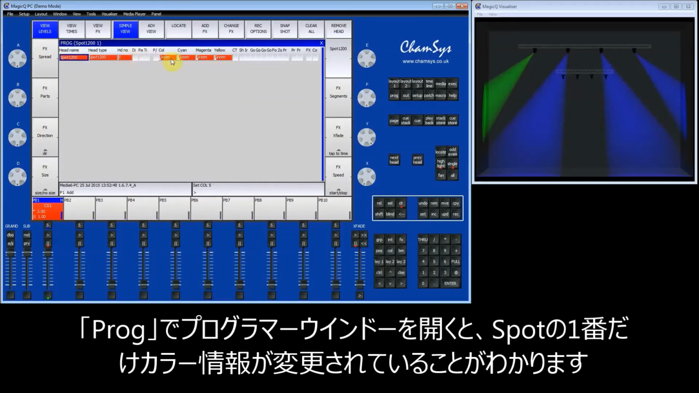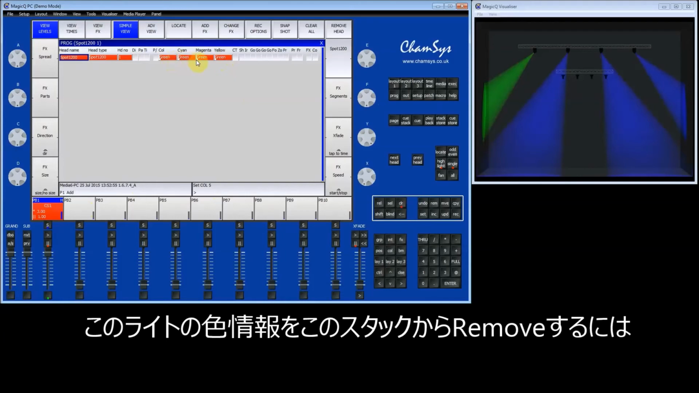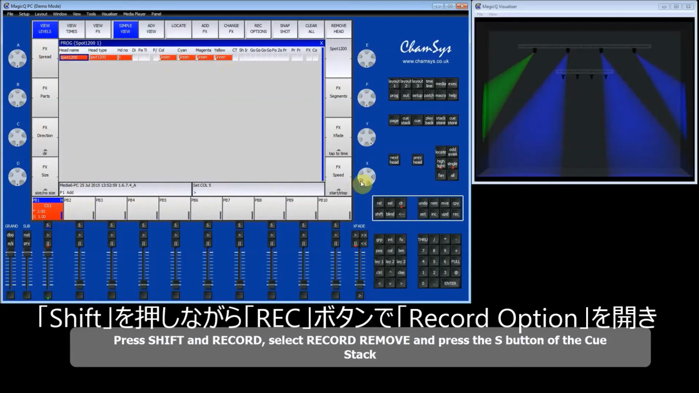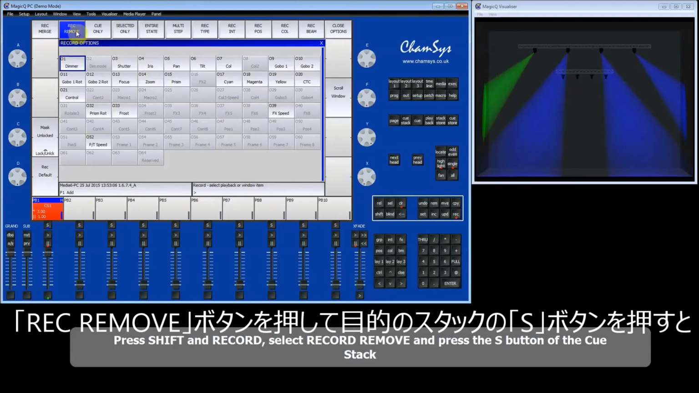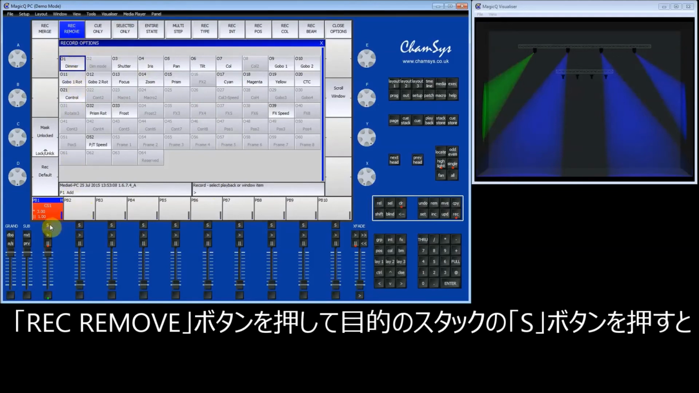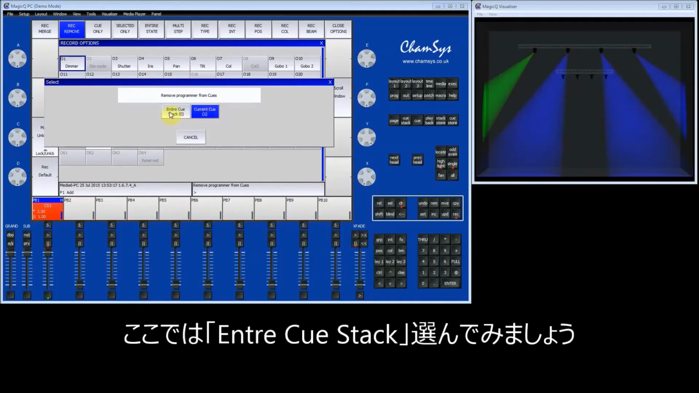Now it doesn't matter exactly what the data is in terms of its value, it just needs to be in the programmer. So when I then record remove it, MagicQ will take it out of the cue stack. I'm going to do shift and record, and then record remove, and I'm going to press the S button here. In this case, MagicQ asks me, do I want to remove from the entire cue stack or just from the current cue? I'm going to remove this colour information from the entire cue stack,